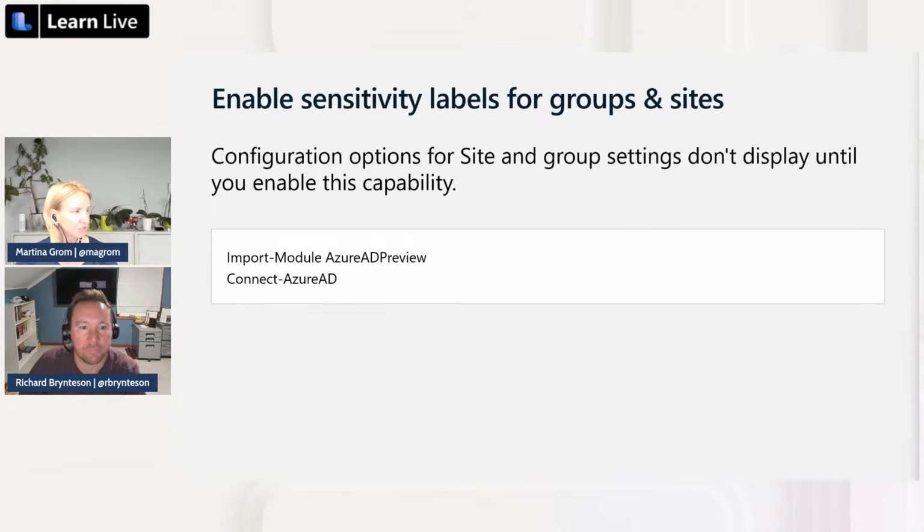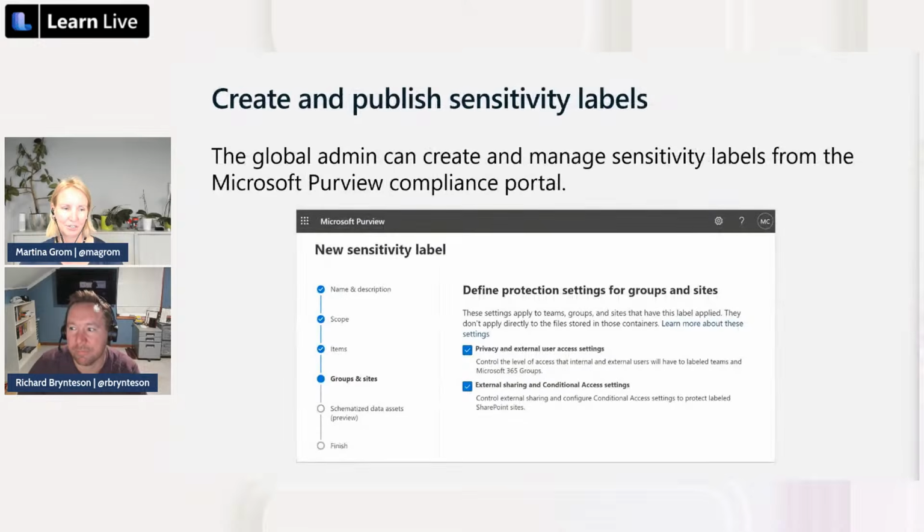Also, next one is you have to use PowerShell for a couple of those configurations. You will see that in the Learn module. PowerShell is still one of the most important tools you need to know if you work with Microsoft services and Azure. Learn PowerShell, or at least learn how to install certain things and so on. And you also need a couple of PowerShell commandlets to configure information protection as well.